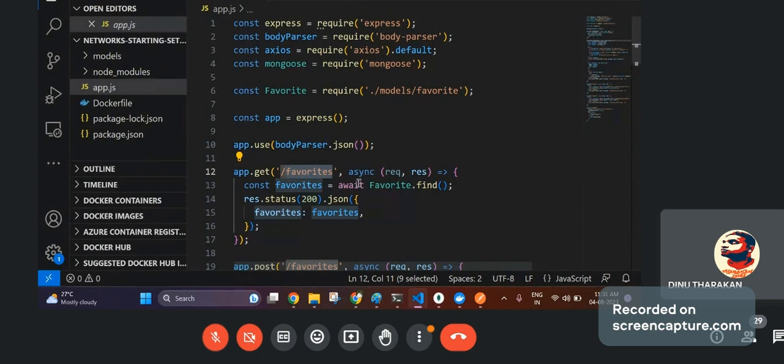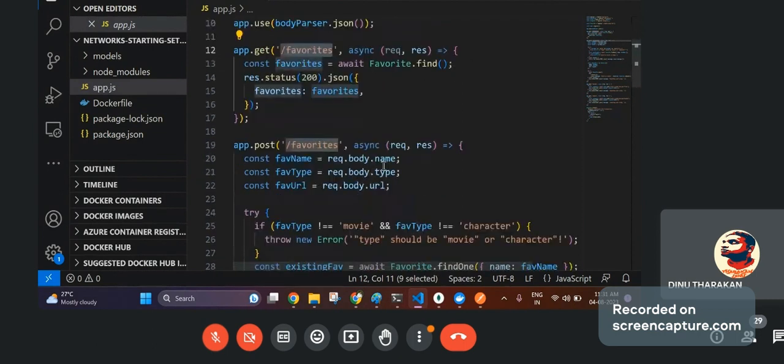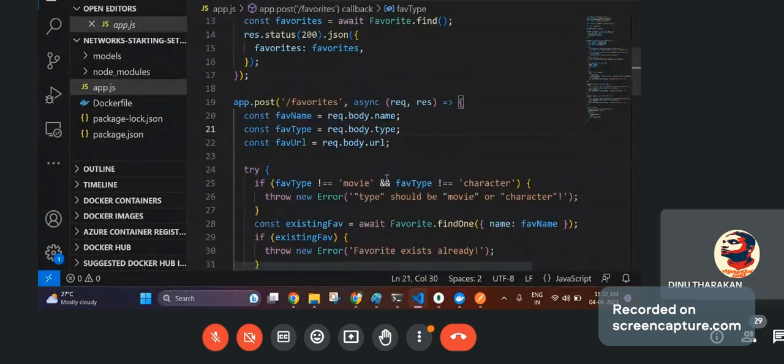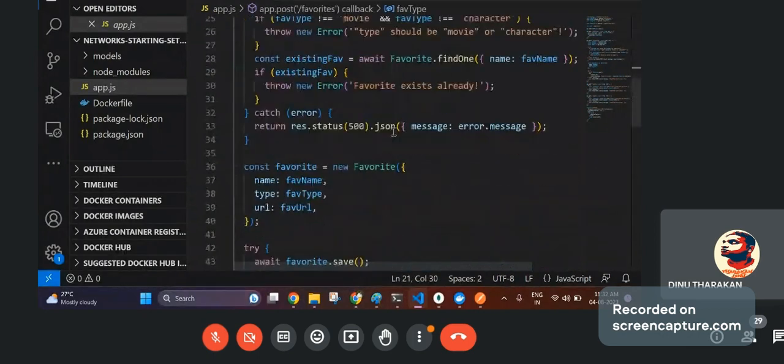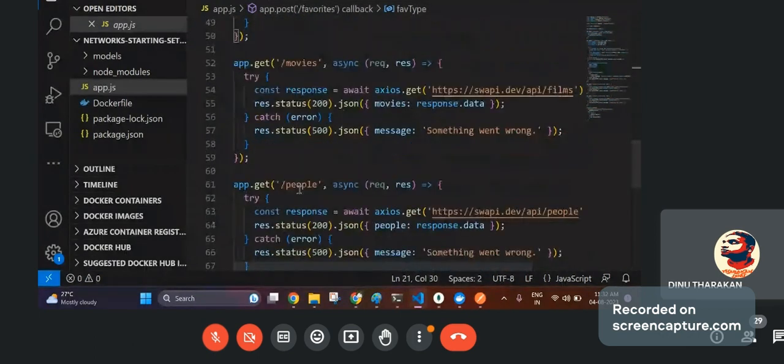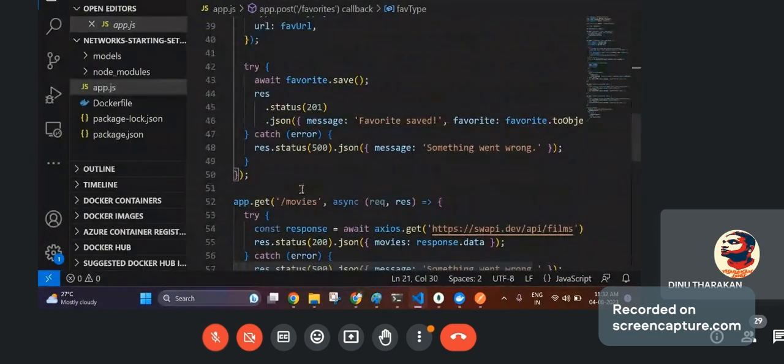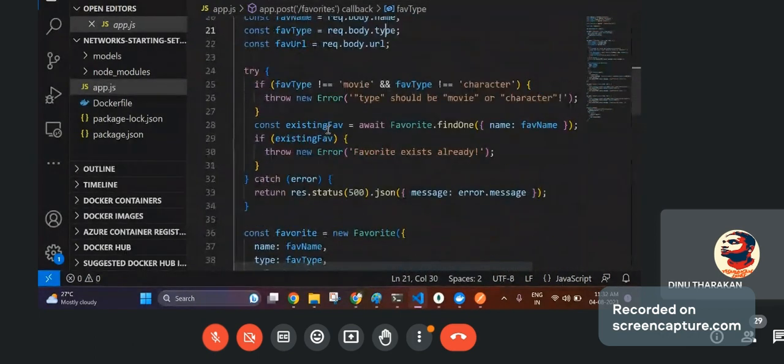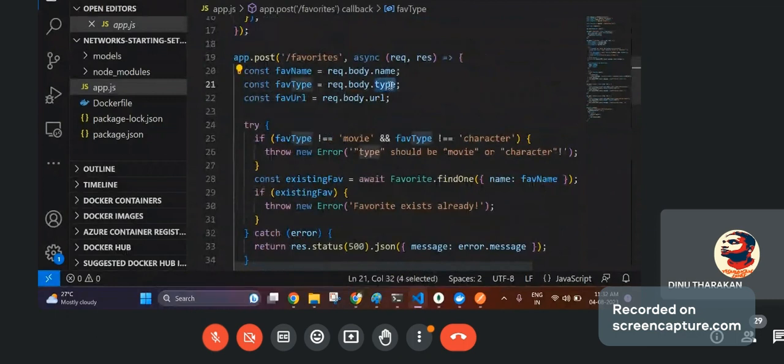That is the catch over there. So your client told, okay, I want to save the name of the movie, whether it is a movie or, what is the other one, we have movie or the people or the character, right? So what detail are you saving? That is the part we are talking about. It can be a movie or it can be a people, and the URL is from there. So this is just an application parameter. That's it. Are you getting it? Okay, sir.